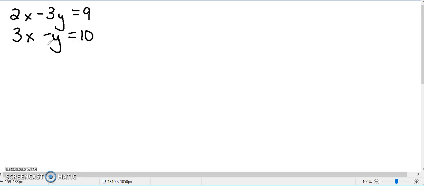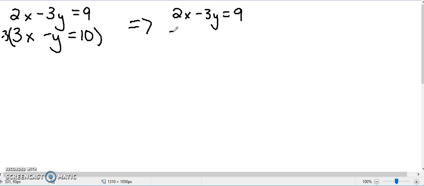Well, the easy place to do that in this one is I can multiply entire equations by numbers. And so I want to multiply this bottom equation by 3, or negative 3 really, because what I want to have is I want a coefficient that's the same, but I want to have opposite signs, and we'll see how that works out as we do this. So we're multiplying this bottom equation by negative 3. That means I'm multiplying everything in there by negative 3. Top equation will keep the same,